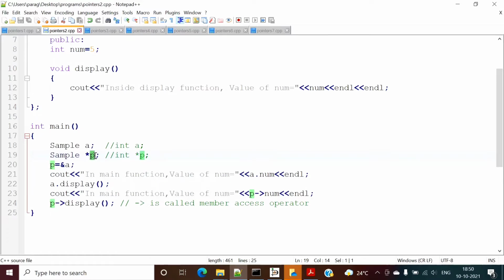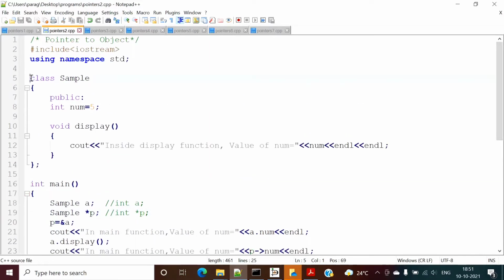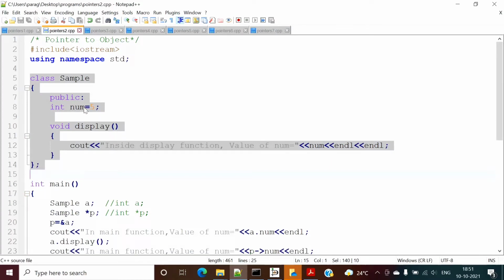But from where we are getting address of object? Which memory is occupied by the object? Just like integers have some size, it occupies some memory bytes. So from where we'll get the size of this object? Now remember, object is an instance of this class, and in this class we are defining some variables, right? So see, num is a variable. Just like that, we can have some other variable. So whatever the memory that is occupied by this variable, it is the memory occupied by that object.